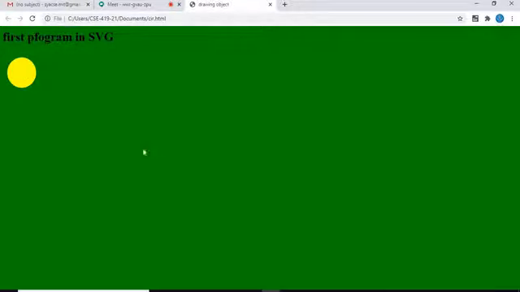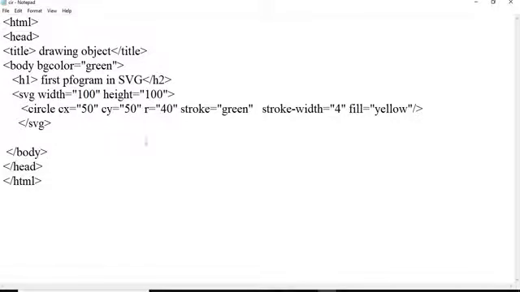So again with the same SVG method we are going to have a little bit of changes. I will add here width as 400, then height I am going to keep as 120.